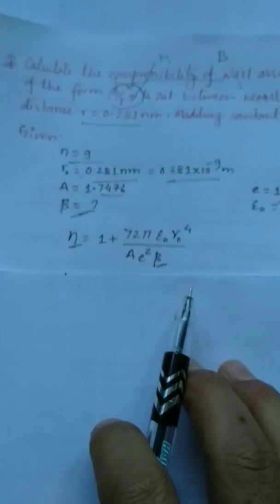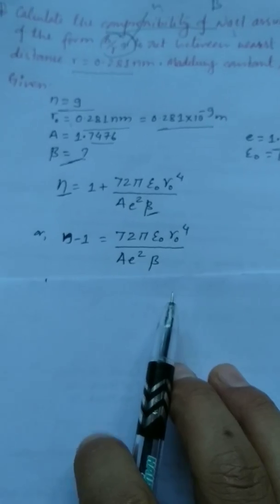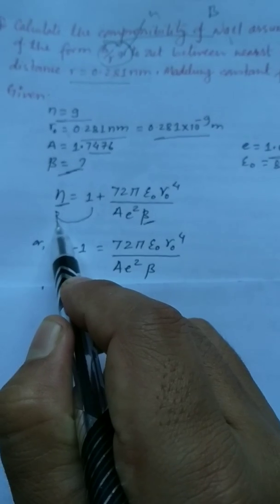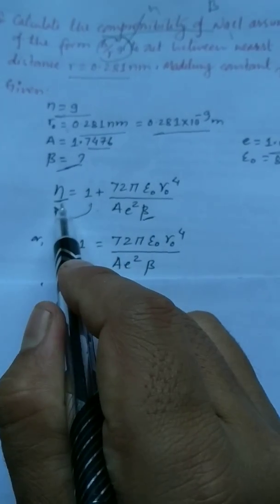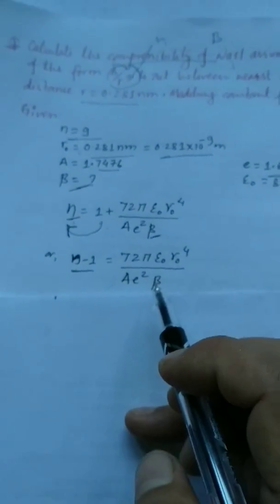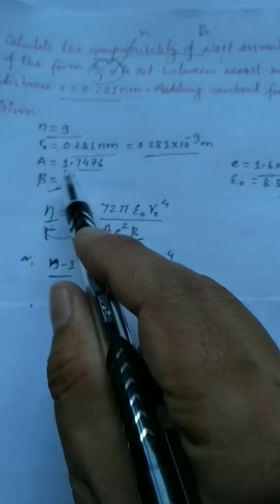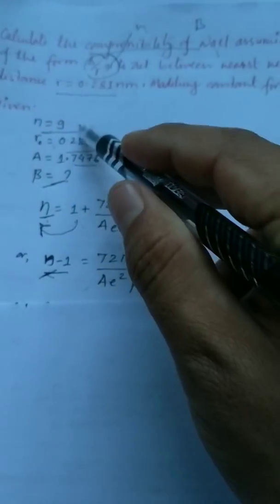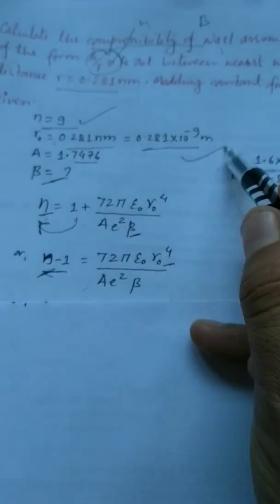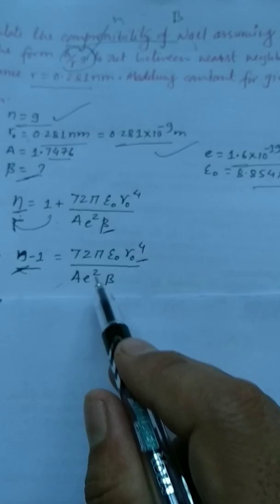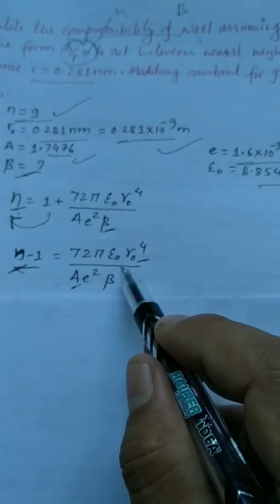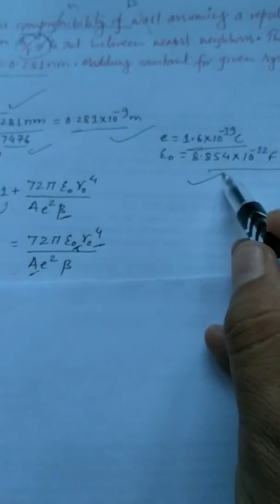On rearranging this equation, we obtain this. We rearrange this. On rearranging this, we can subtract this 1 from n, then this becomes n minus 1. Now we can substitute all values from here. This is value of n from here. Here is the value of n equals 9, and the value of r naught is given here. Similarly, value of A we can substitute, this is from here, and value of epsilon naught, this is here, permittivity,